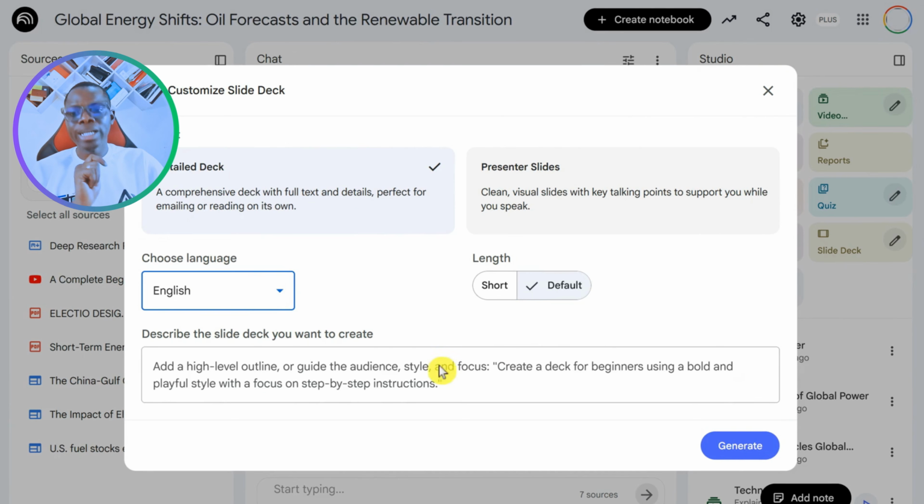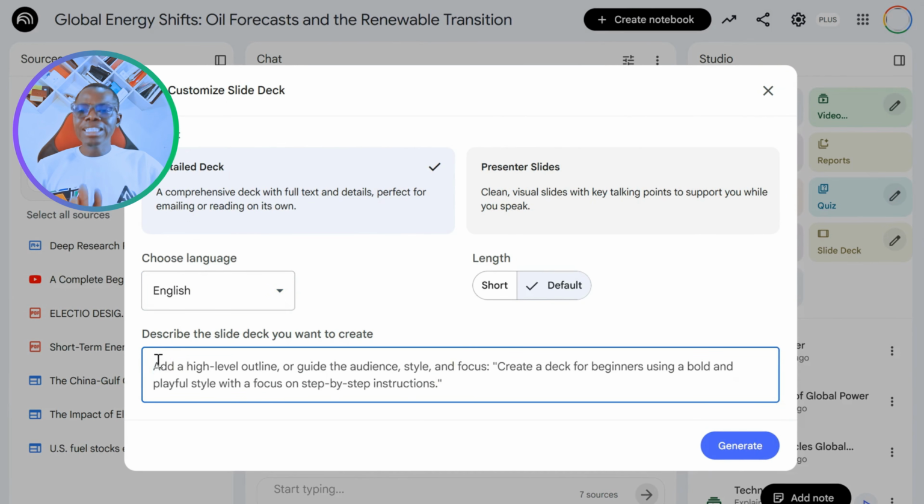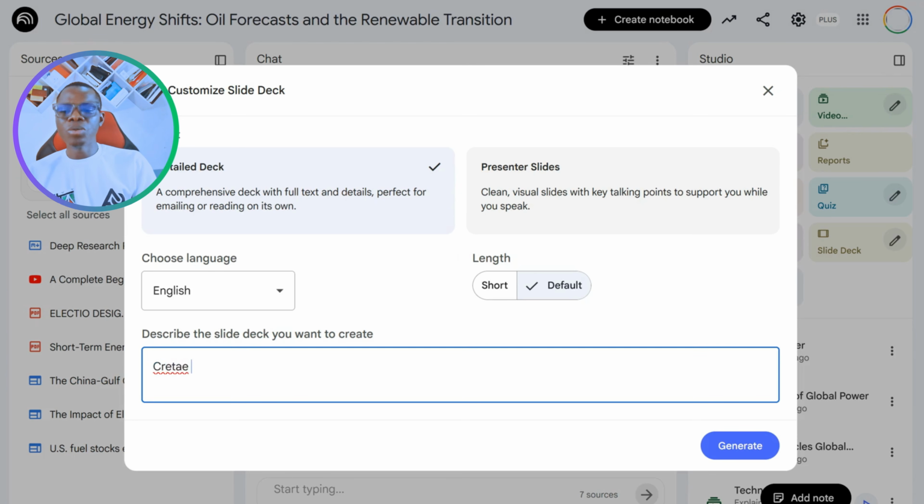That is not even where the magic is. The magic is where you describe the slide deck you want to create. So you want to say, yes, I'm talking about electric vehicles and the crude oil prices in the world. That's my presentation. Instead of just saying, oh, create presentation on electric vehicles and crude oil. Okay, instead of just saying something like this and that will be all, you still need